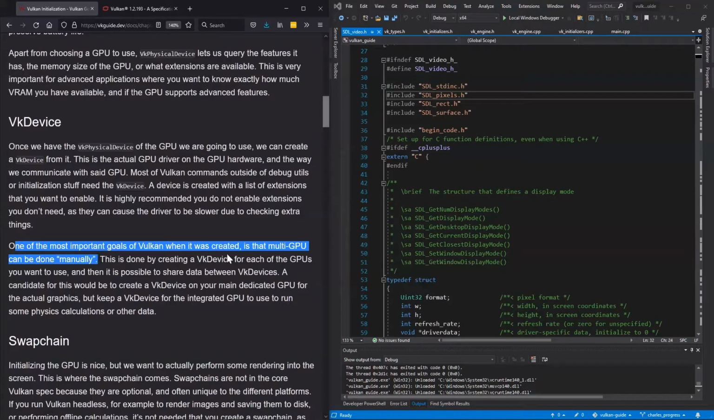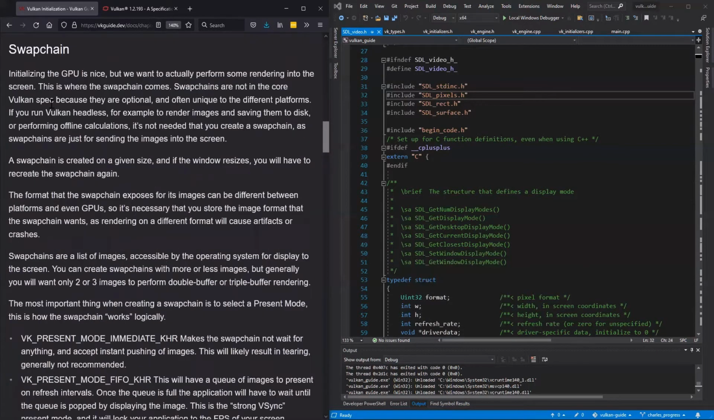We are not going to be doing multi-GPU, but by having a separate VK device object that you have to manually create, it makes it really easy to do multi-GPU. You just create 2 VK devices, 1 for each GPU. So the swap chain is the